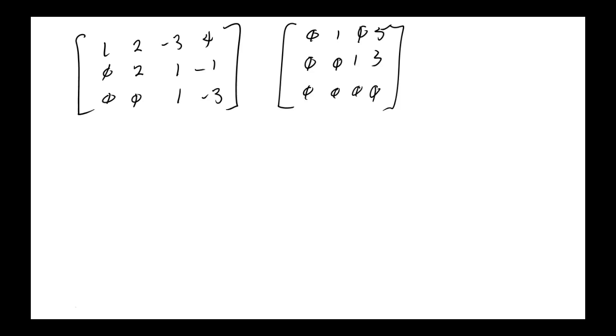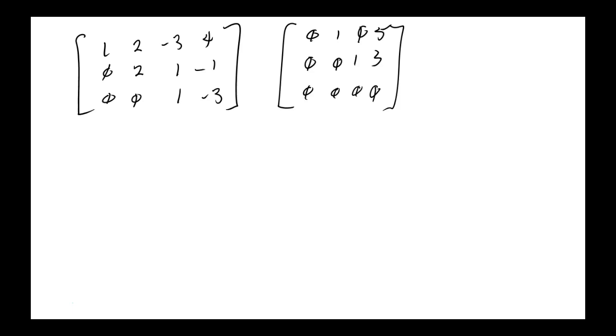Because what's required is that all zero rows must be at the bottom. For any non-zero row, all that's required is the first non-zero entry to be a 1 for every row, and that the 1s step from upper left to lower right. This fits. That is in row echelon form.